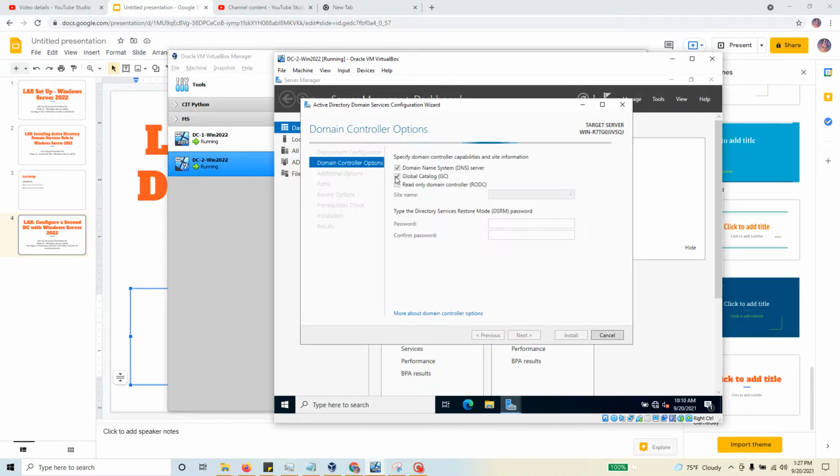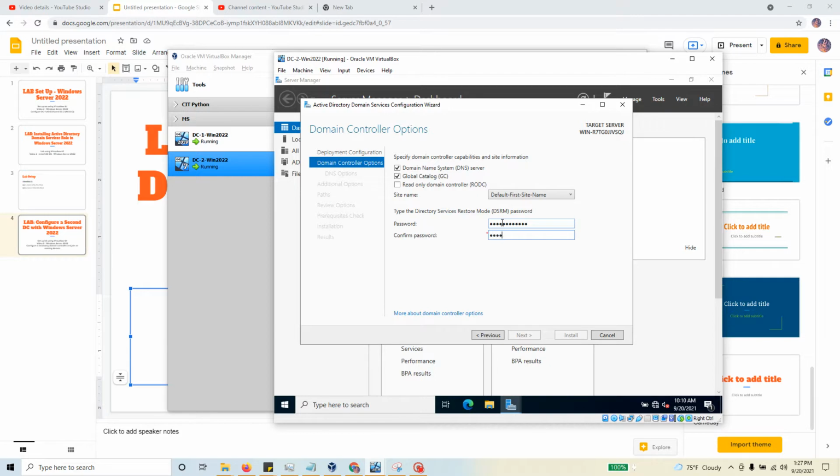And this one I'm just going to keep with the defaults. Install domain name server and the global catalog. It's still verifying domain controller option that you can mess with. So if you want to get rid of the domain controller, you can, but for me, I'm going to keep that one. And I also want to use this DC-2 as the global catalog. For the directory services restore mode, I'm just going to use another secure password,